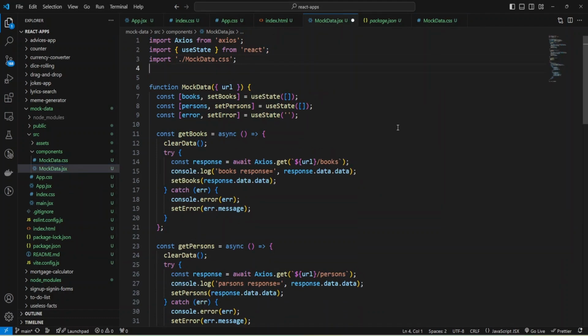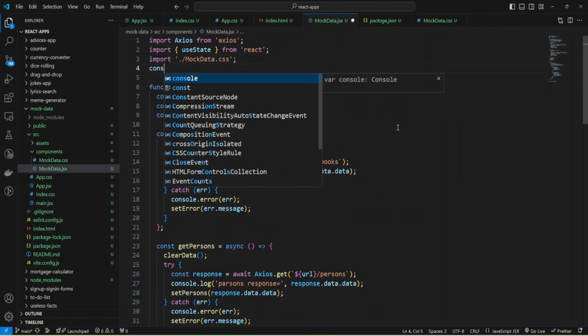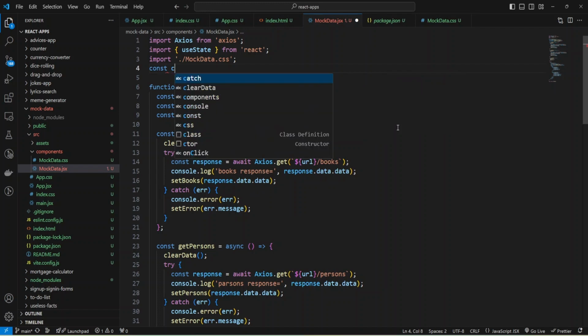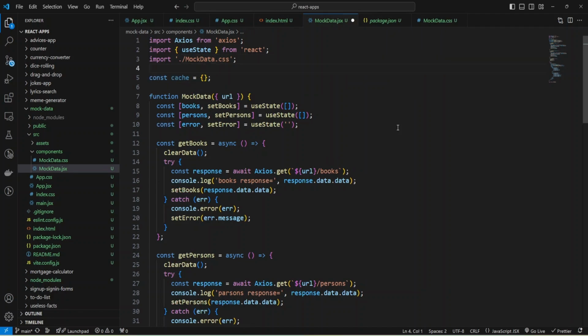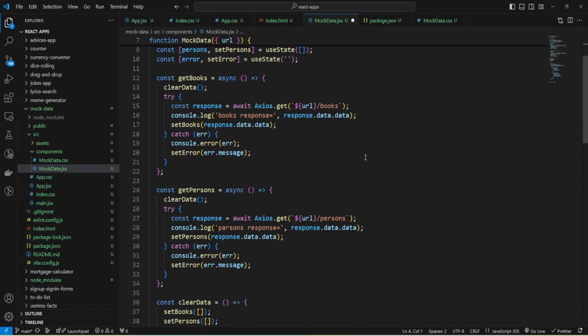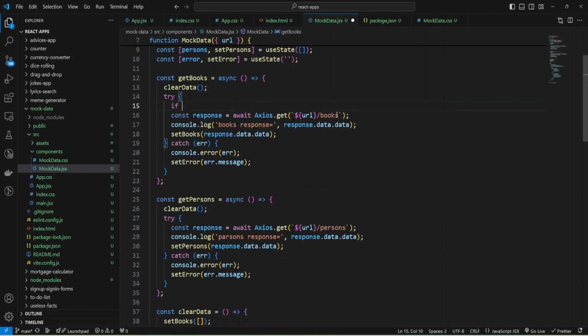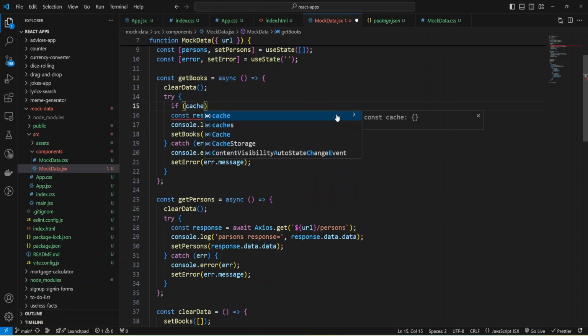So as cache, I'll use simple JavaScript object, and the name will be cache. And I'm going to use just empty object. And now, before every request to server, I will check if cache has books.